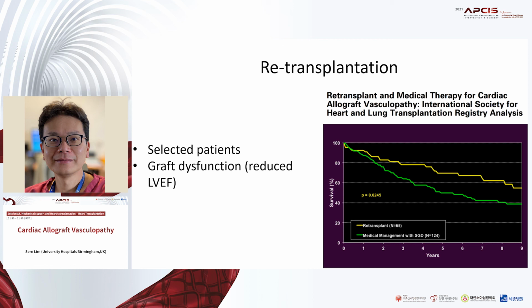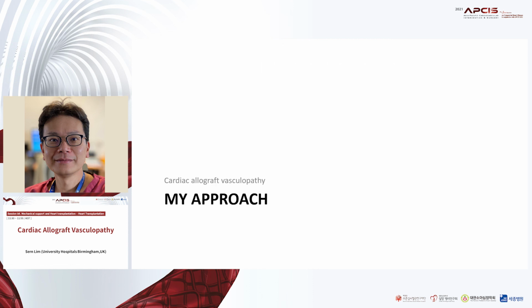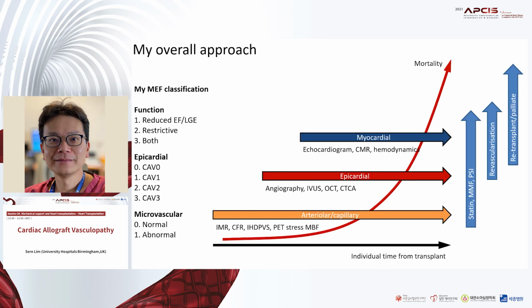So just to pull it all together, I'll go through my overall approach. We now perform angiography routinely at year 1, and we will try and quantify microcirculatory flow using a coronary flow assessment. We will still classify the patients based on the epicardial or the angiographic appearances, but also incorporate the cardiac function into that. We have not routinely employed cardiac MRI, but certainly the presence of reduced ejection fraction or restrictive physiology would suggest a higher risk profile. The management here is shown on the right.